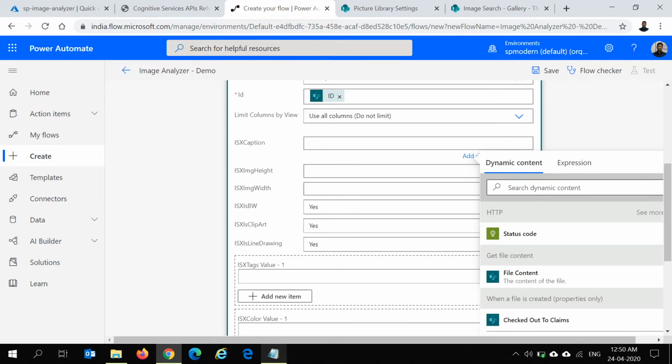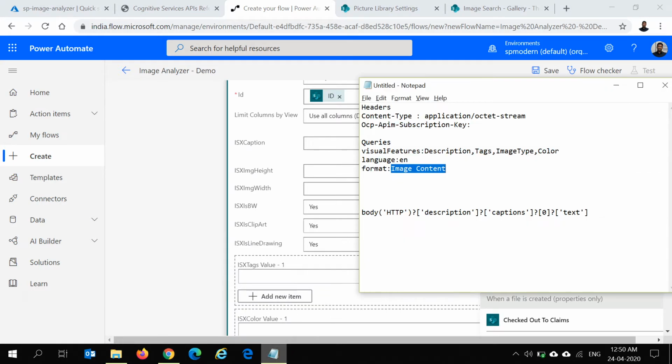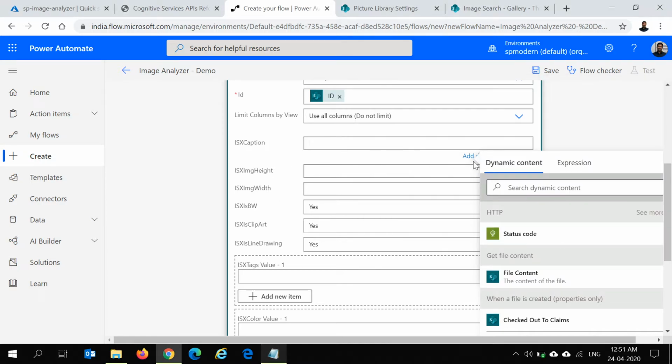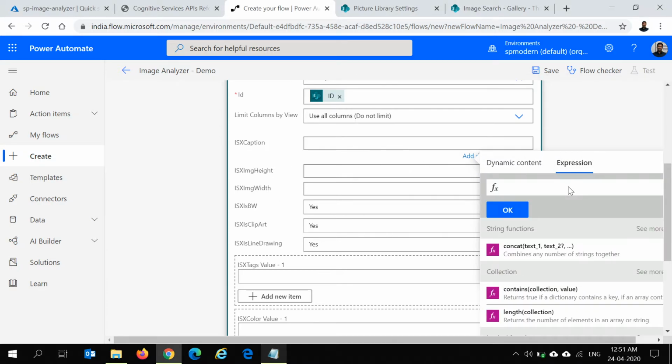So to quickly check if my flow is working or not, I'll just update the value for the caption. So this is the expression which I'm going to use. Basically, I'm taking the response from the previous HTTP action and trying to get the description property, and it has a captions array. I'll just fetch the first item of the array and update it into the caption. So this is just to see if our flow is working.